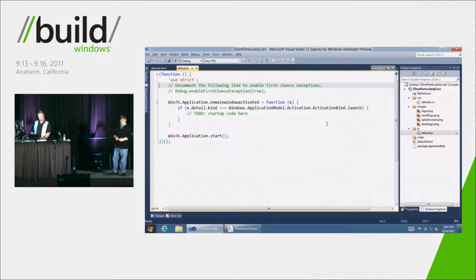OK. So as you can see, the template gave us code using the standard JavaScript module pattern to get local variables so we don't pollute our global namespace. And then, as you can see, we also hook up Win.js.application on main window activated. Just like any other web page,